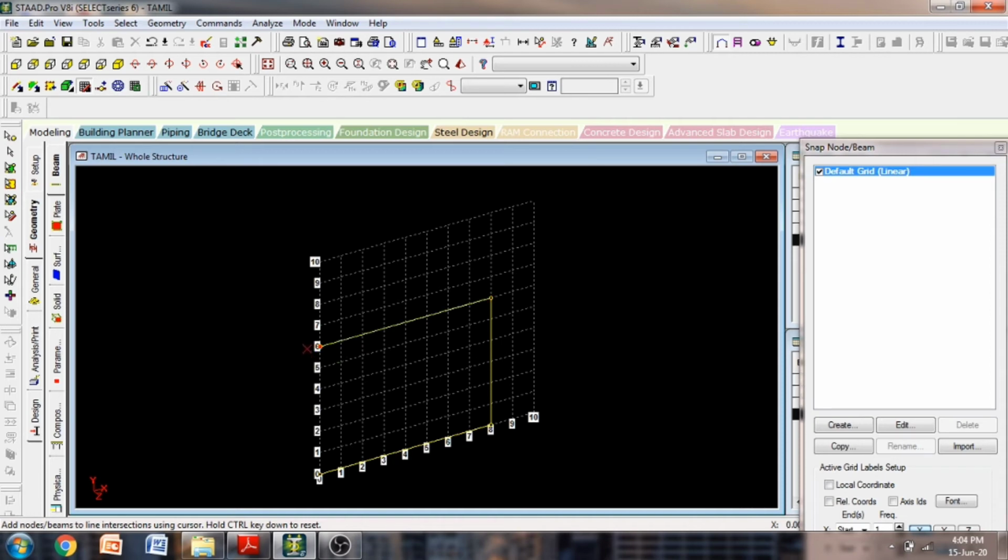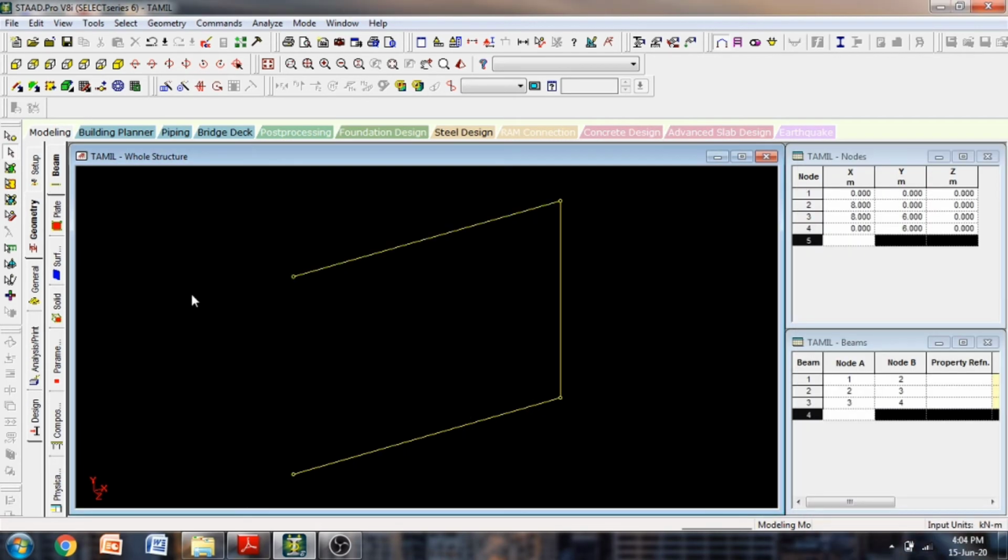Like that, if you just press escape, it will release. Then if you close this, it will go. This is the easiest way. This is one of the ways to create nodes and beams. This will not be used for designing purposes, so let's leave it.